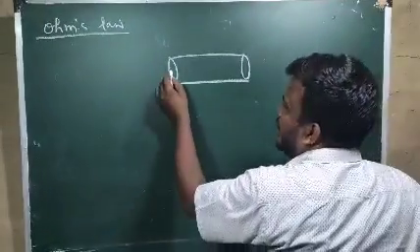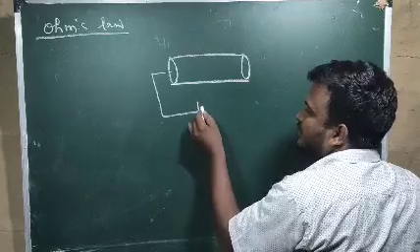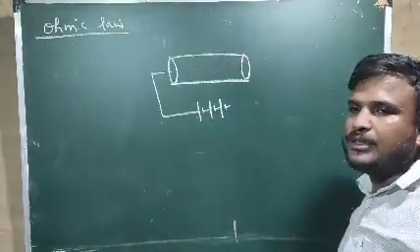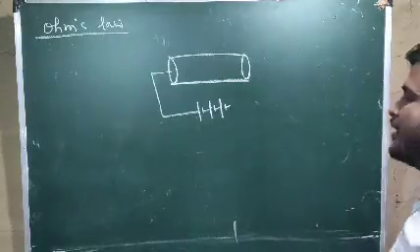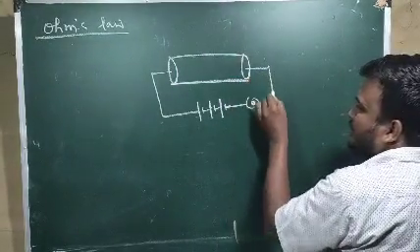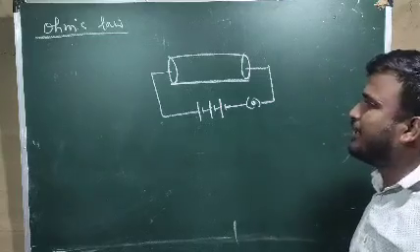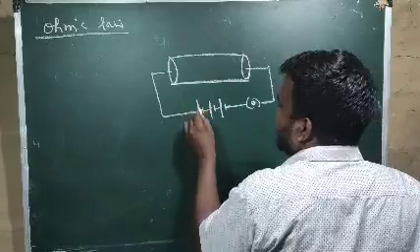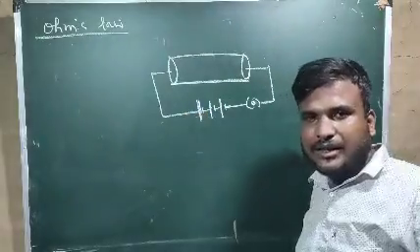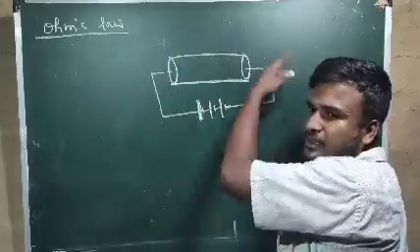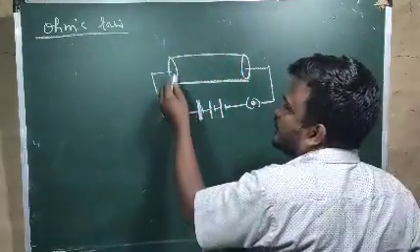Now you see, I connect a battery here. This is a circuit diagram. What is the meaning of battery? It is a combination of cells. And I connect one key here, and this key is closed. If this key is closed, what will happen? Current will flow. So let us see a little bit more elaborately here. If there is a battery, then there will be charge here, concentration of charge, and if charge is there, then this charge will have a field, and if it has field, it will also have some potential.